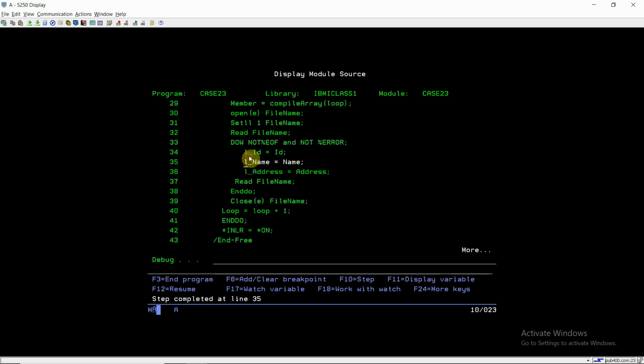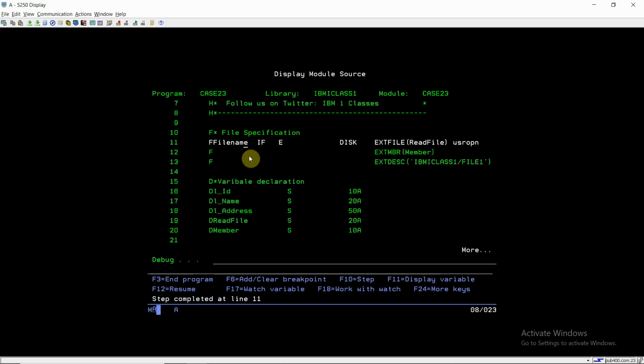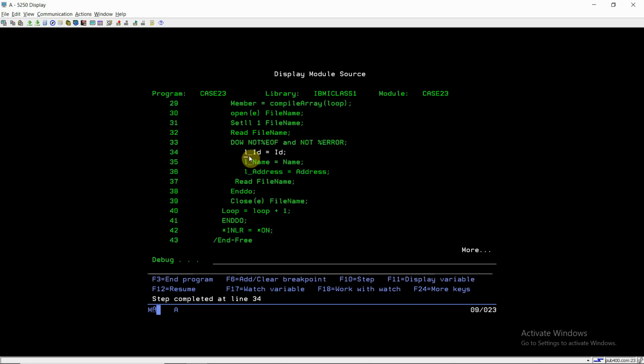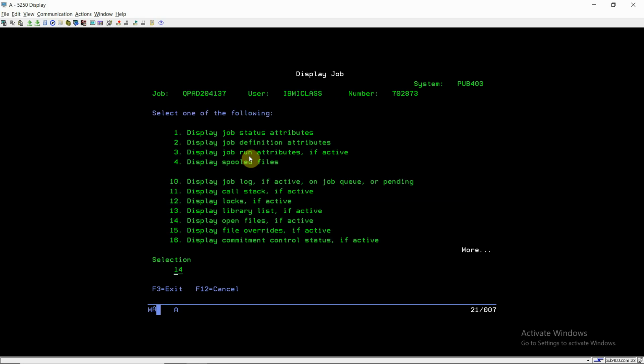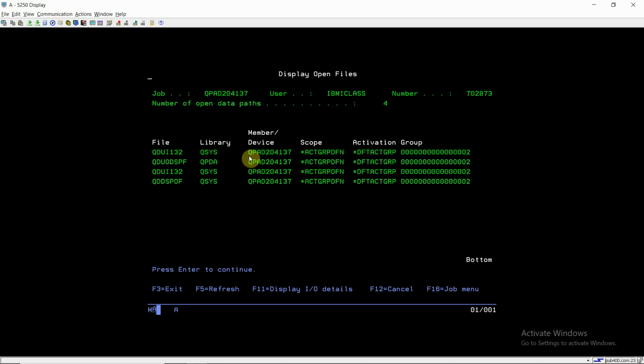ID2, so this member has 4 records. ID1, again 3 records have been read. ID2, again 4 records. Now this loop will end and this member will get closed. File and member will get closed. Keep 3 14, so I can see that member 3 is now closed.